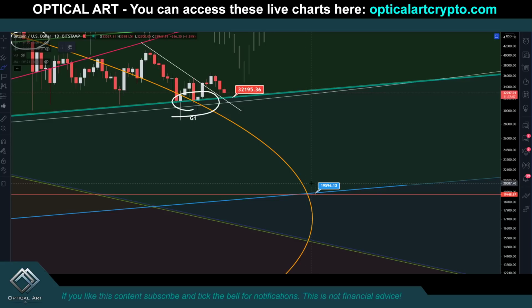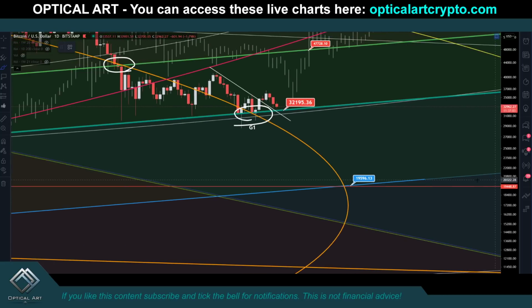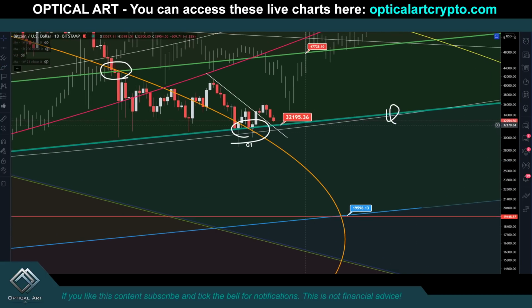So between the 21st to the 24th, we are potentially headed to 19,600, and I do think that will be the bottom. So we'll probably write down something like this. This is the point you want to buy to push back up, and this will be your first resistance. So guys, it is that simple. Either you buy now and hope the hell that 32,195 holds. If 32,195 becomes resistance, then we know where we're headed. We're headed right down this orange ring, and on the 21st to the 24th, we're headed to $19,600